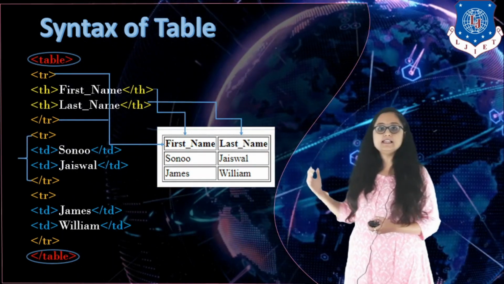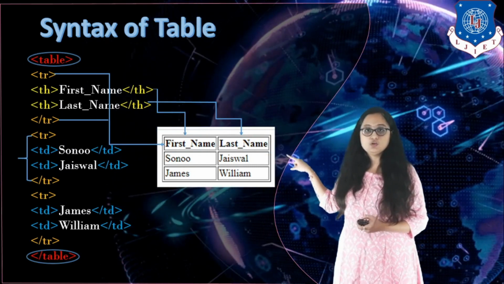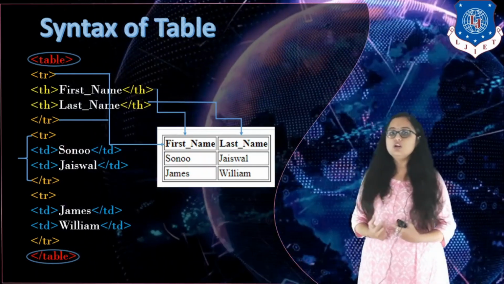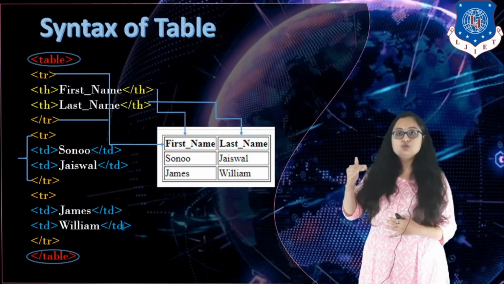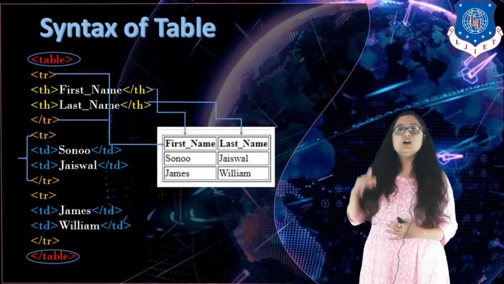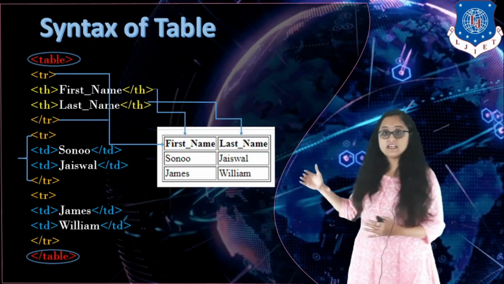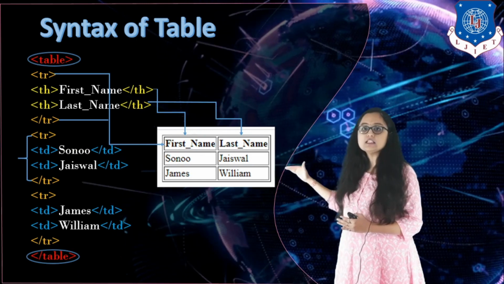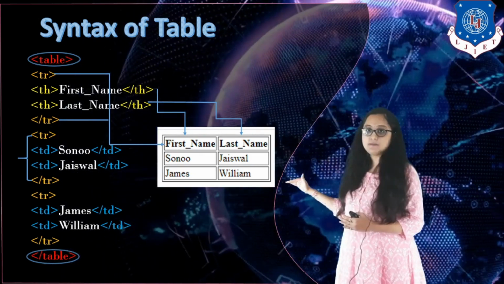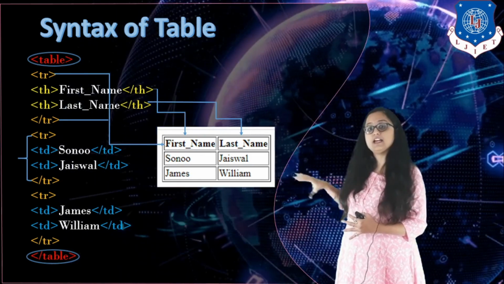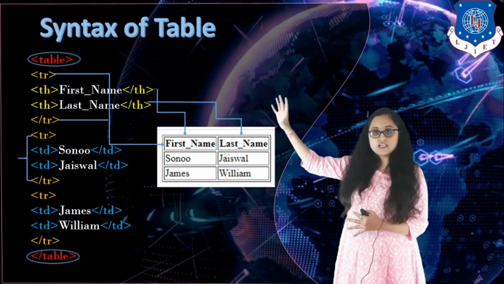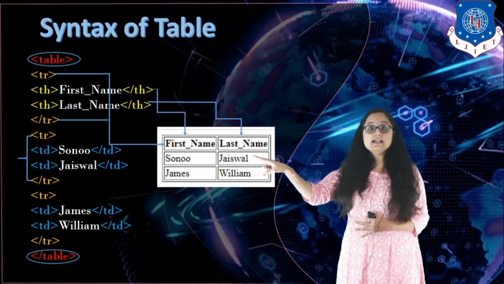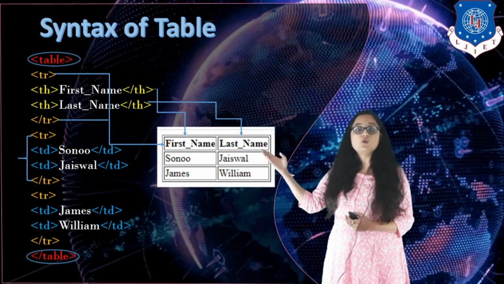Similarly, you can see that now I have a second row. For the second row you have declared a second TR. I told you already that you have to declare TR as many times as you want rows in your table. So here you can clearly see there are 3 rows in my table. So 3 times I have to declare TR. So the first TR we have seen, that is completed. Now we have the second TR.